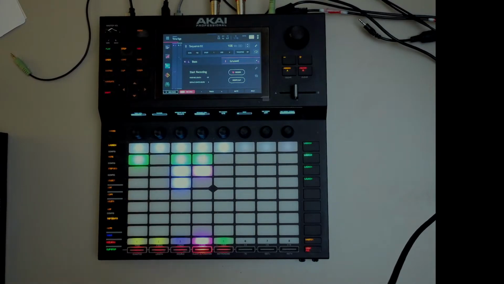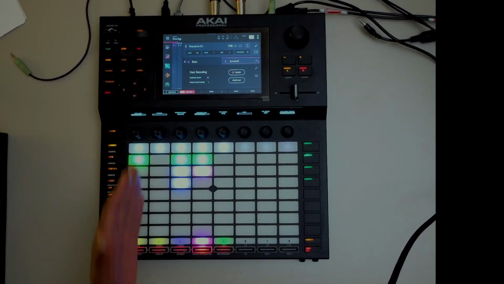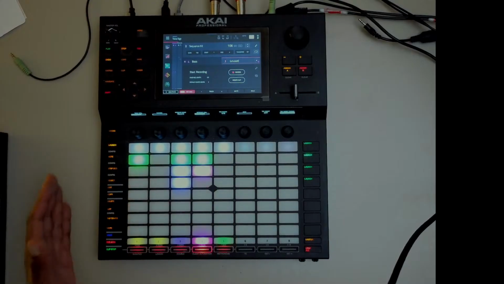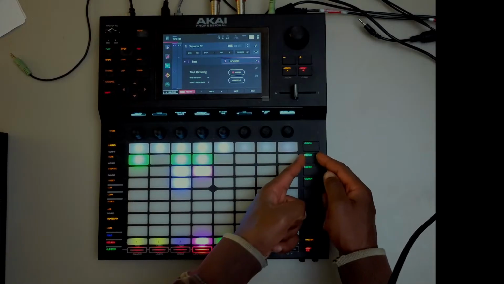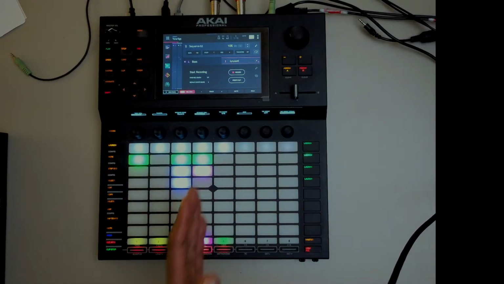So basically, when I play this, I'm going to explain, this channel I've taken out of the action, so it's not going to do anything to do with these. When I press this and play, it's going to play this row for 1 bar, then it's going to change and do something else.